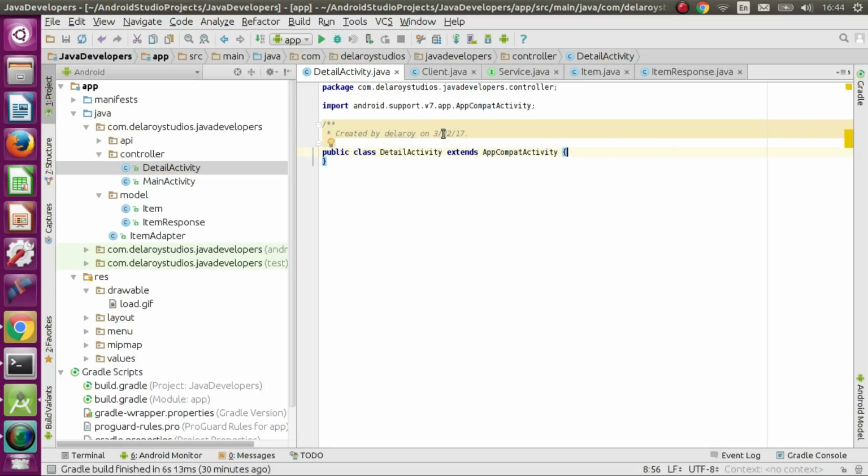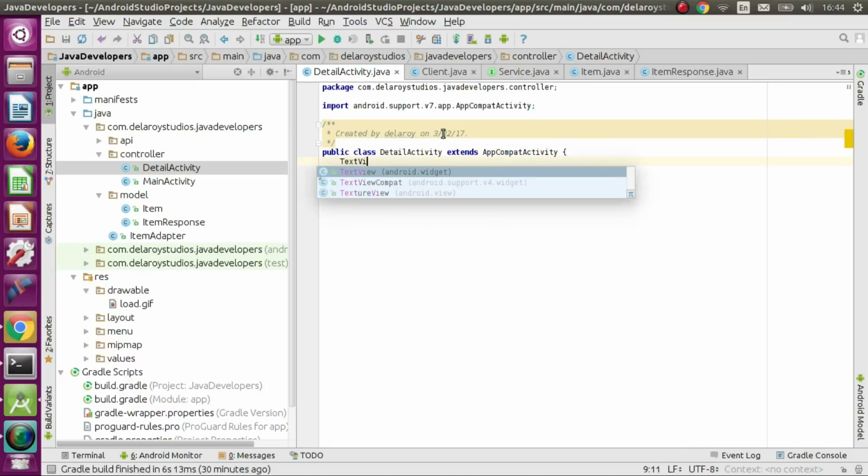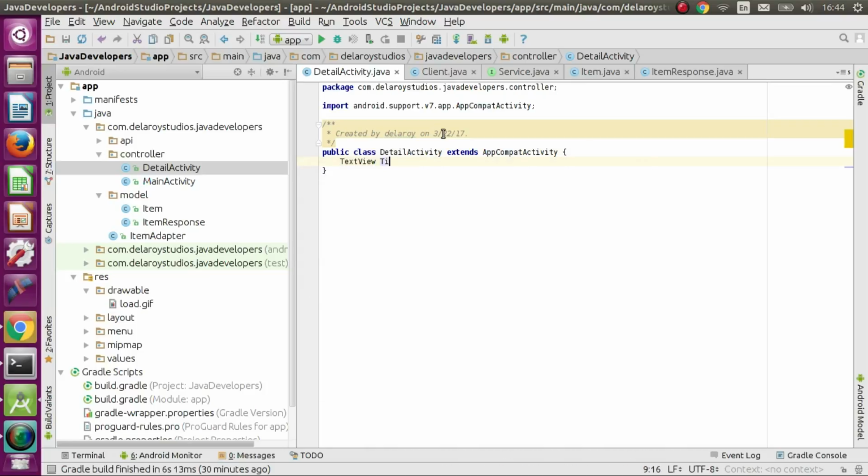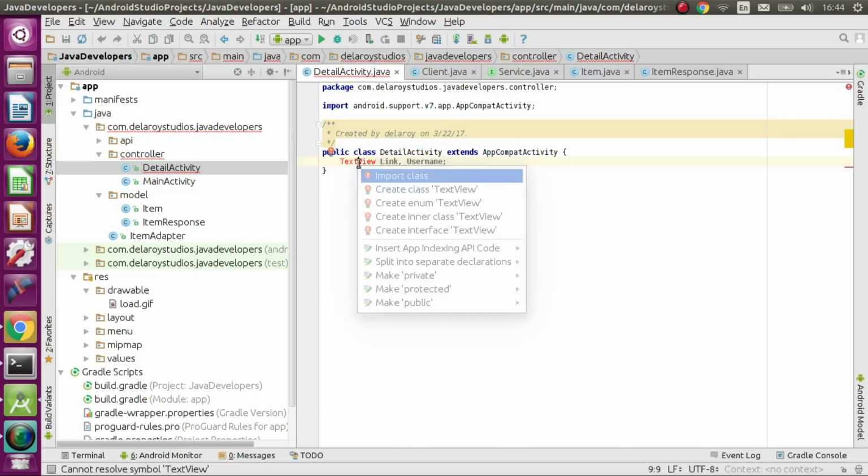Now we need to pass in some TextViews. Let's say title, or let's say link, and username. So import this,